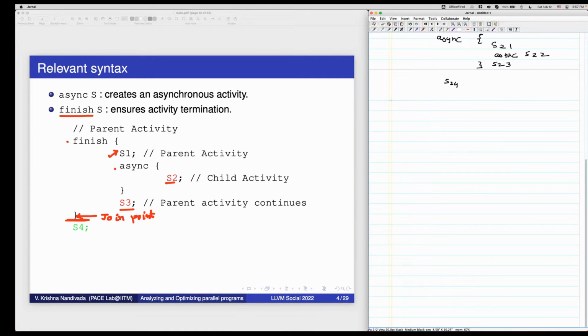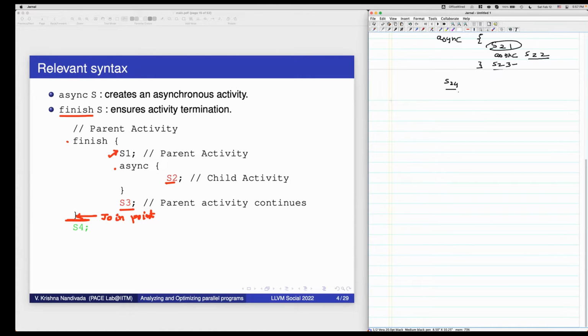Right? So this S21 may run in parallel with S24. S22 may run in parallel with S24. S22 may also run in parallel with S23. S23 may run in parallel with S24. Okay. But S21 happens before S22. Got it.